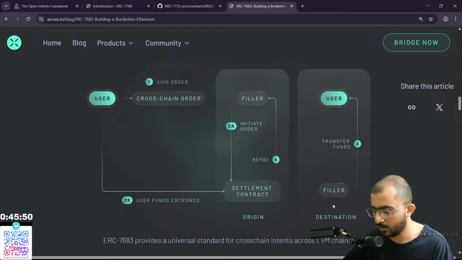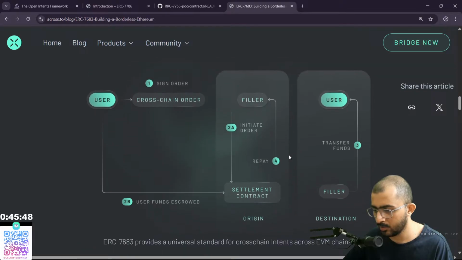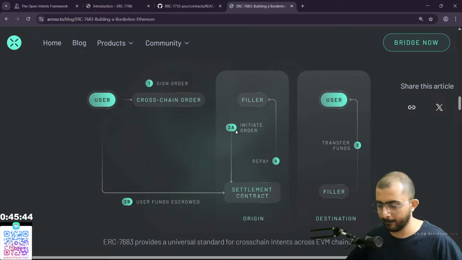Repay. Okay, so first they create the order, then we send that order to the contract, then we send the funds. Next is,